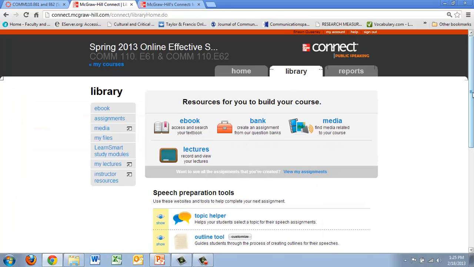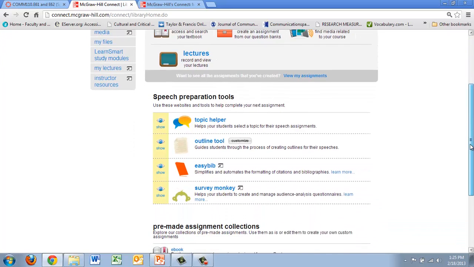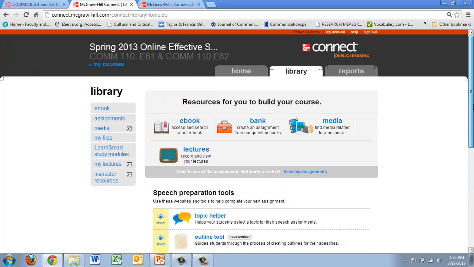Also here in the library section of the Connect site, you'll notice there's a link for EasyBib, which will format your bibliography and all of the citations that you use in your speeches, and also a link for SurveyMonkey, which will help you when you go to create surveys for your audience analysis portion of your speeches, which is what you'll be doing for speeches 2 and 3.